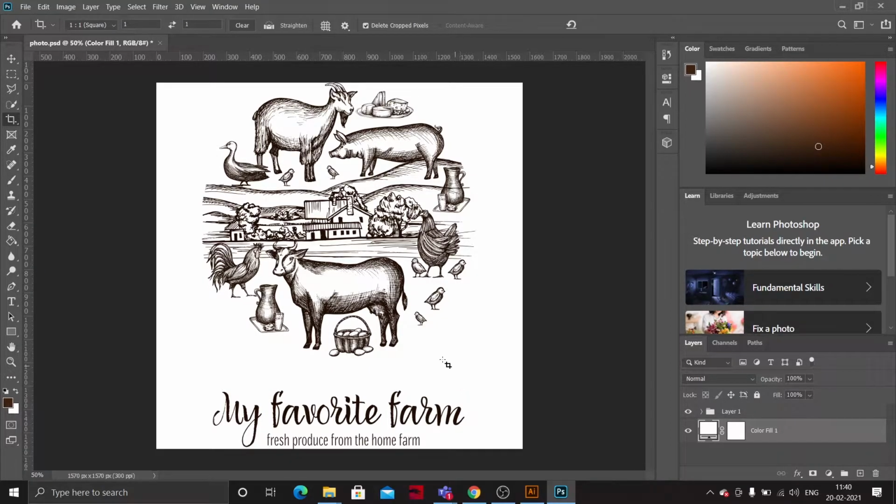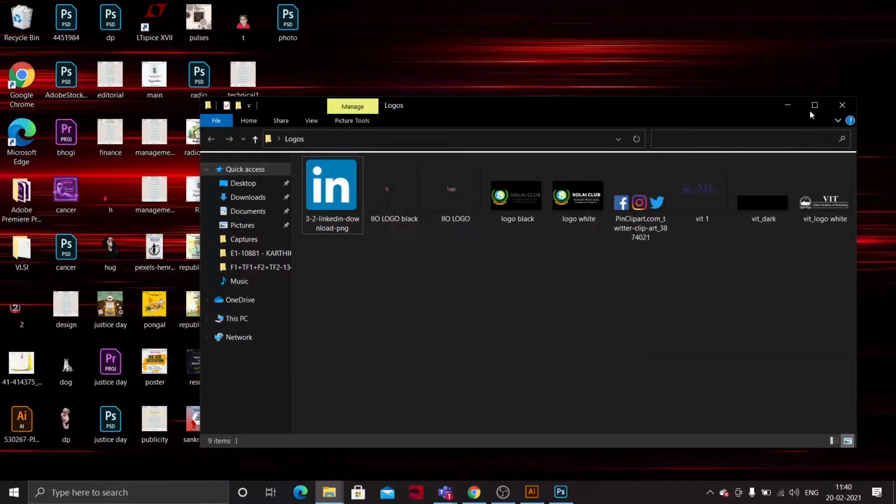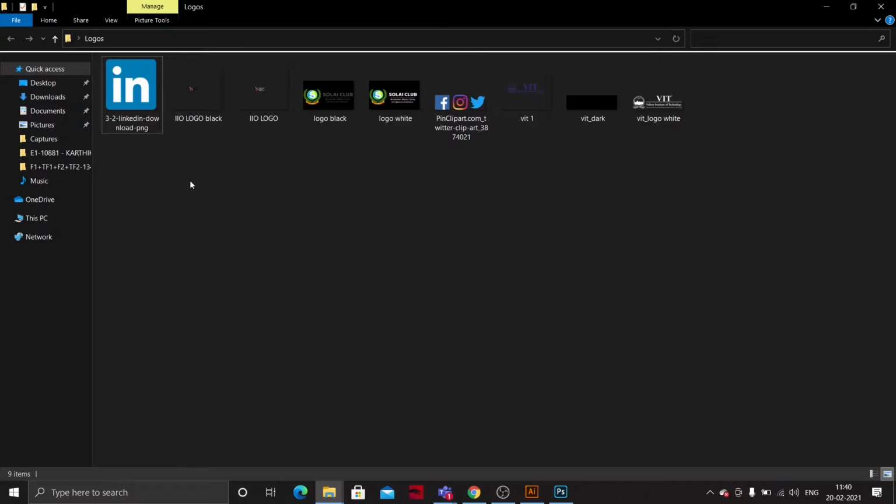I'll send you all the logos in the group, but I have the folder here. We have our club logos, one black and one white, social media logos, and our VAT logo and ILO logo. First of all, we have to adjust the logos into their positions.